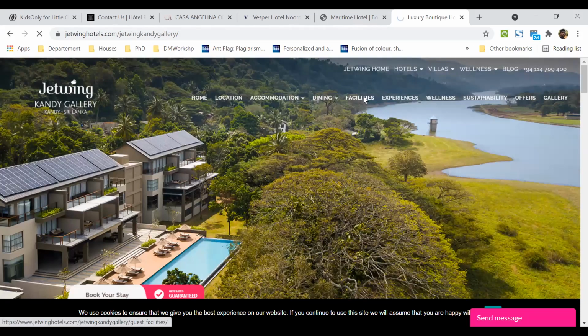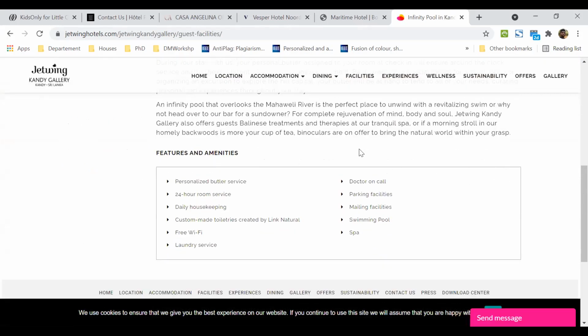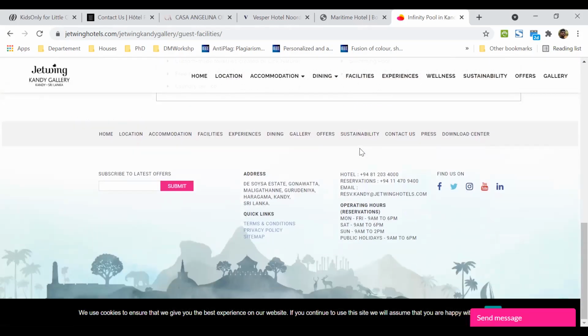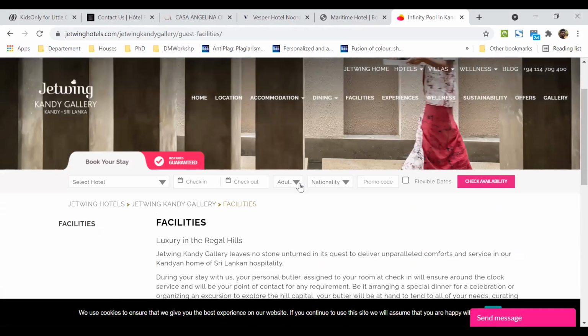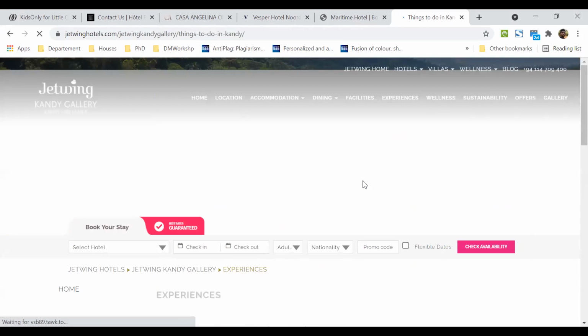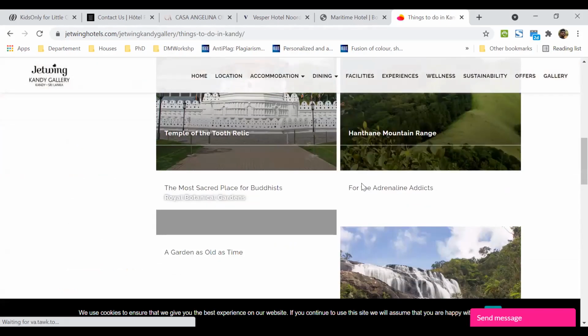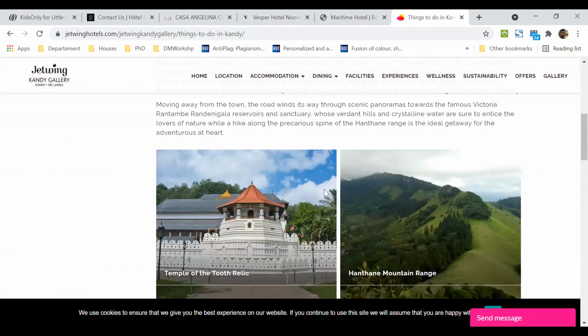And look at facilities. Experiences, different pages. For example, Kandy, you can visit Temple of the Tooth